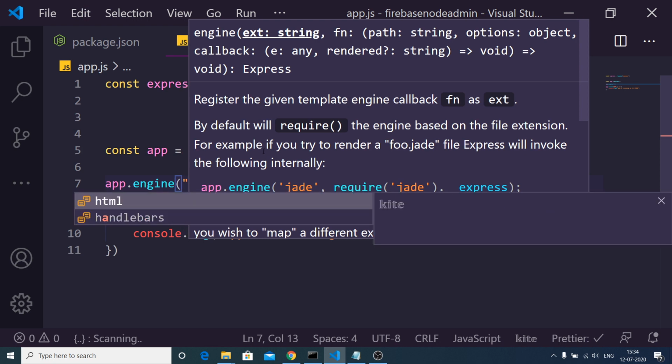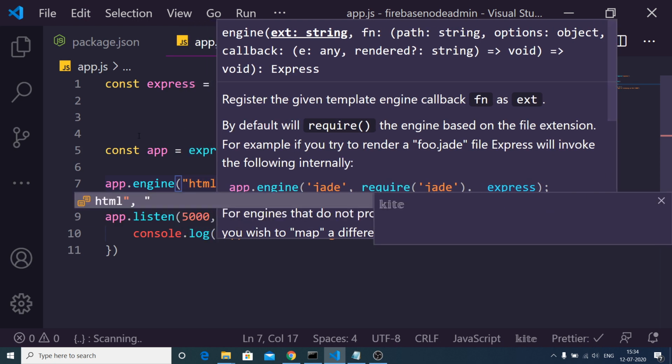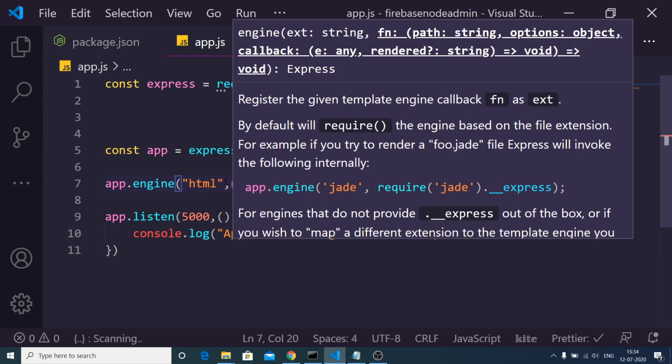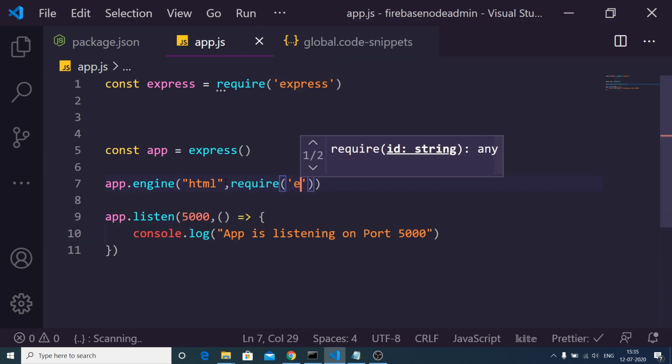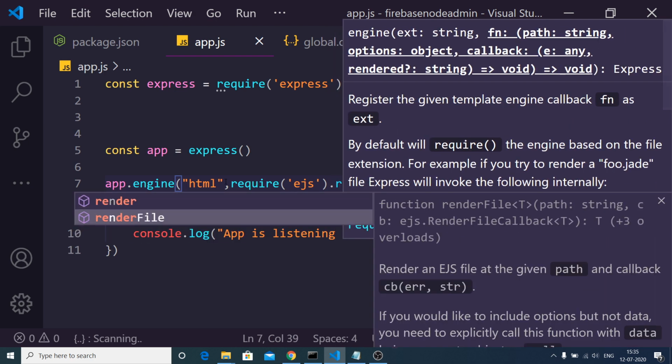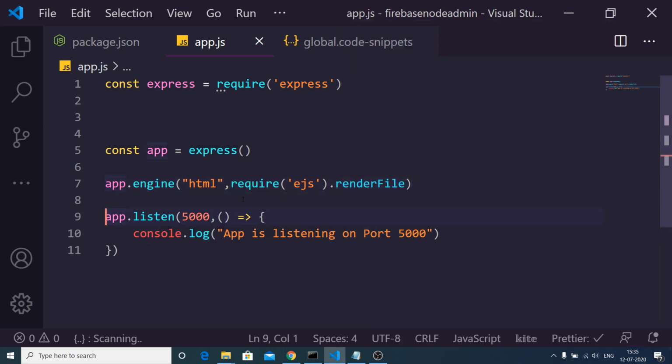Inside this function you write as the first argument html, and as the second argument you require the EJS dependency, and inside this there is a method which is renderFile. That's it.